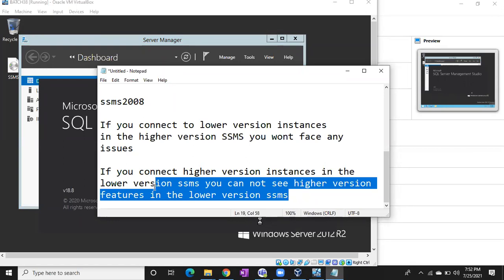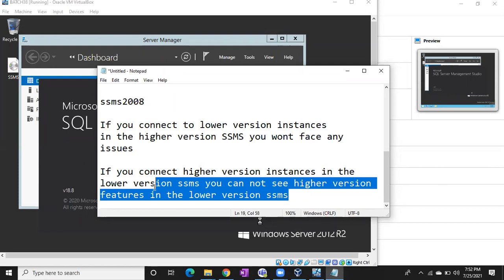No question about it. But the problem here is, in case your SSMS is lower version and you are connected to the higher version of SQL Server, you cannot see the higher version features like Always On. In case you connected to a 2012 instance in SSMS 2008, you cannot see Always On. So you have to be very careful.